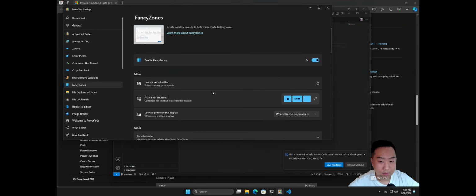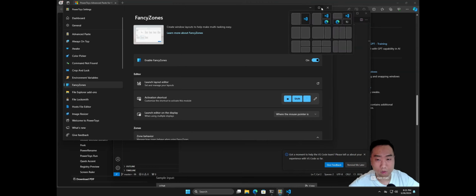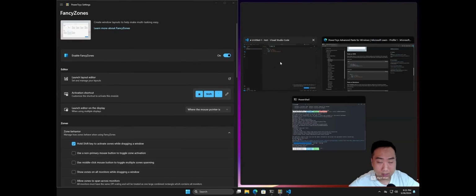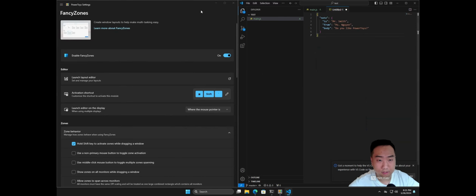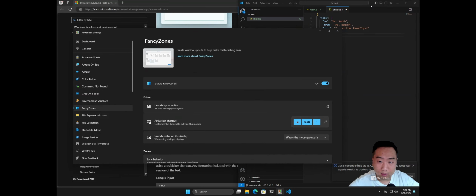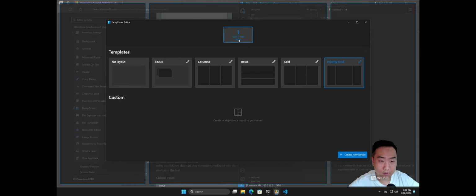Fancy Zones. This one deserves a special mention because it's so useful that Windows 11 has a version of it built in, so you can hover on your maximize button and get this UI where you can choose the zones that you want your app to fill in, and you can pick what app fills in the other one. But the one in Fancy Zones is still here, so you can launch the layout editor. You can just have a lot more options. Say, for example, I just want this one, right? So